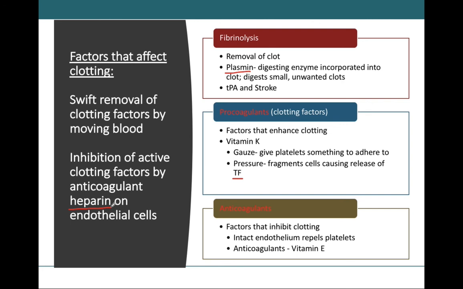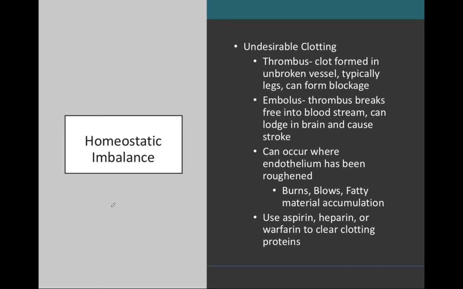Now, heparin is normally produced by several cells in the body, but we can also administer heparin to prevent blood clots as well. So blood clotting is a process that requires very specific regulation and exceptional precision. However, as with most things in the human body, all processes can go wrong to some degree. So if blood clotting is a little out of control, we have a couple conditions that we see that will